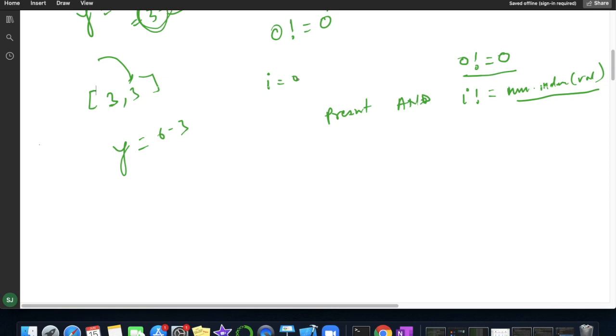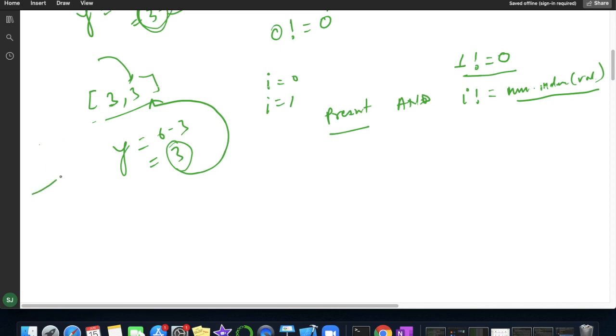Now here my i value is 1. We get 3 again, and we check whether 3 is present. Yes, 3 is present, so this condition is satisfied. Now i is currently 1, and we check whether 1 is not equal to nums.index(val), that is, the index of 3.